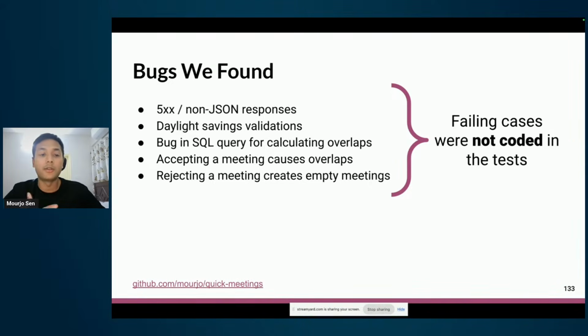For example, I would never write a test case for daylight savings. I still don't understand daylight savings after 2 years in Europe. I definitely wouldn't have written a SQL query without the bias that I had originally. These cases are not something I can rely on myself to think of. That's why I would think my example-based tests are fine and go to production, because I just wouldn't think about it. But a system like this would.